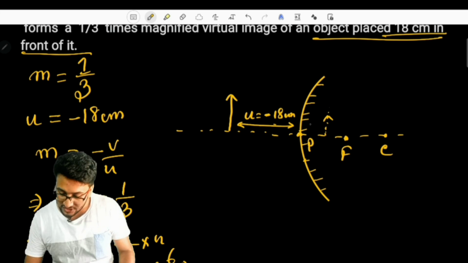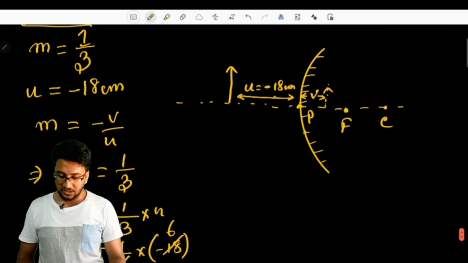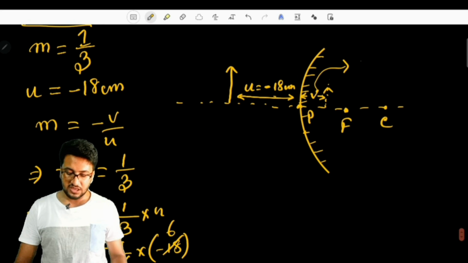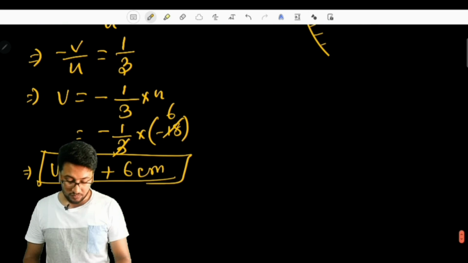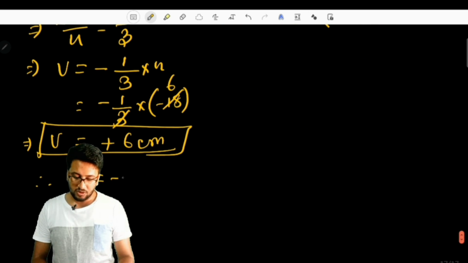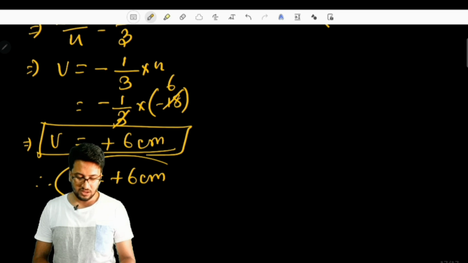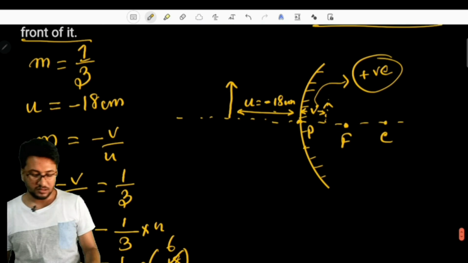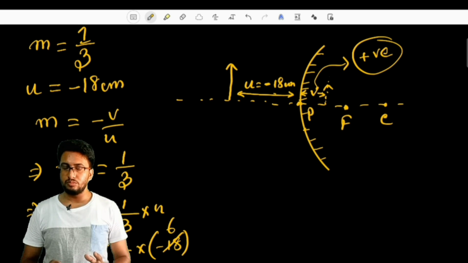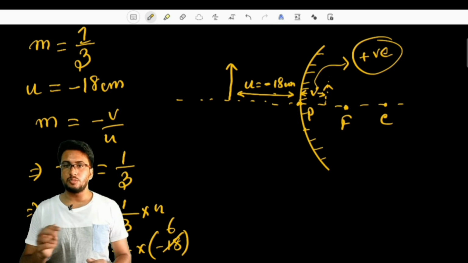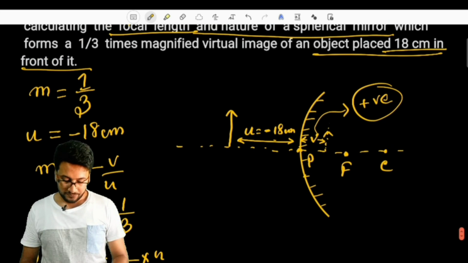That means v will be this much distance, okay, and if this distance is v, then this will be always positive. This distance is always positive. So the v taken here will always be positive only, okay. What we have got will be similar. Negative sign we need not take here in this case. Why? Because the image distance is measured in the positive x-axis direction.